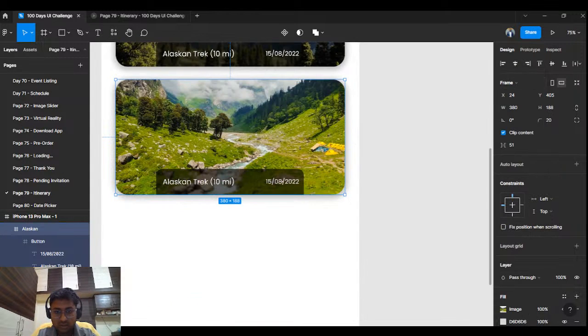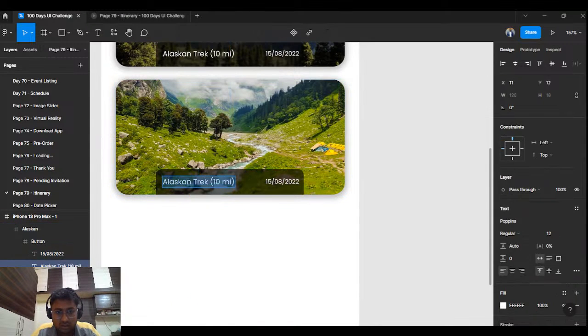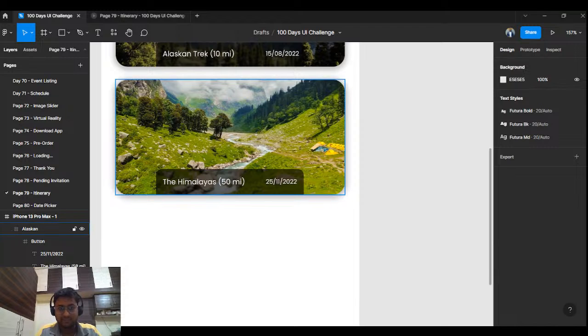This, the Himalayas. Gonna be a 50-mile radius, and this is gonna be after a few days. So let me keep it 25th and 11th of 2022. Right,